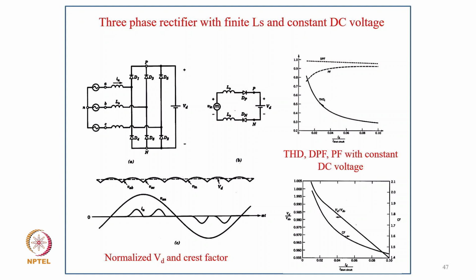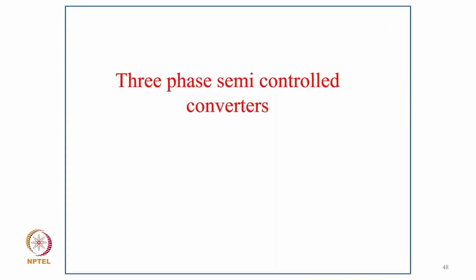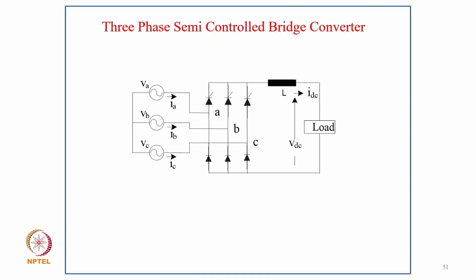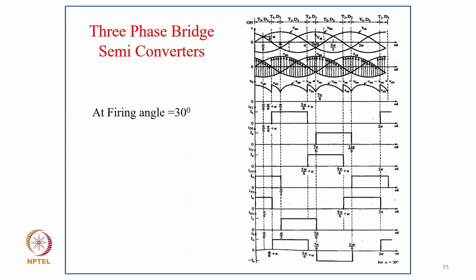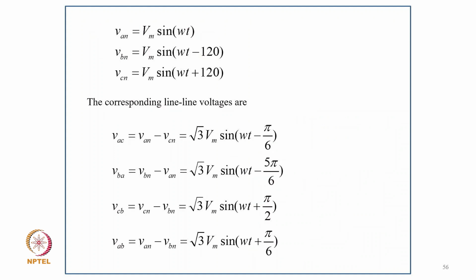So coming to the 3-phase rectifier with finite source inductance LS and constant load current, just see the typical bent kind of current. So you have a discontinuous current, and you can see clearly how the displacement factor and power factor with constant DC voltage vary, and how your Vd output and the current are varying. Now coming to the 3-phase semi-controlled converter, either you can take 3 diodes or a diode connected in parallel, so that it really takes the entire current, and you can clearly see the output waveform and supply current waveform, typically at firing angle 30 and different firing angles.